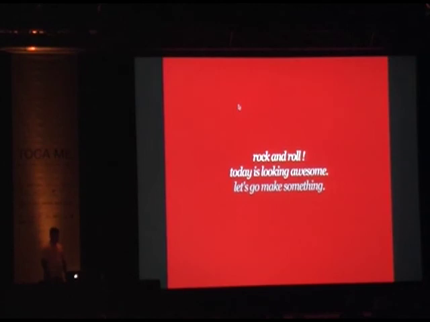This is the length of time that we were conscious of an infinite expanse in which we could draw upon nothingness to create anything. I have no idea what the hell that means, but I imagine it means rock and roll, today is looking awesome, let's go make something. And with that,